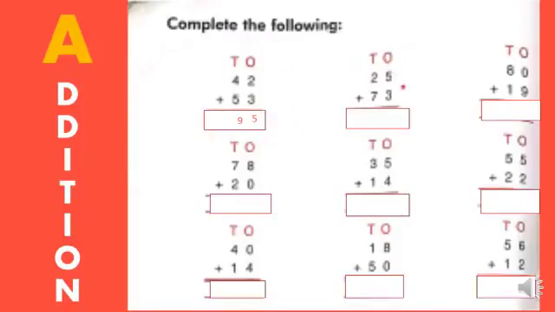I will go to the next sum. See here, they have given 25 plus 73. First, we have to start with the ones place digits only, as I said already. So 5 in your mind, 3 in your hand. 5 is the greater number, and the bigger number is the one you keep in your mind. Open 3 fingers, children. 5 after 6, 7, 8. So we have to write 8 there.